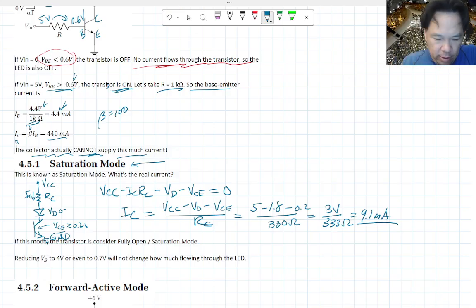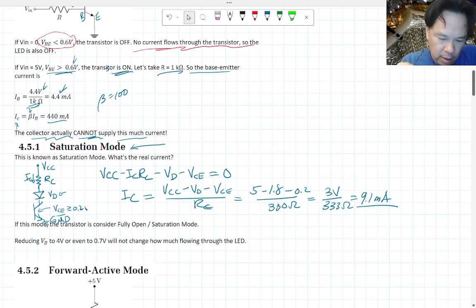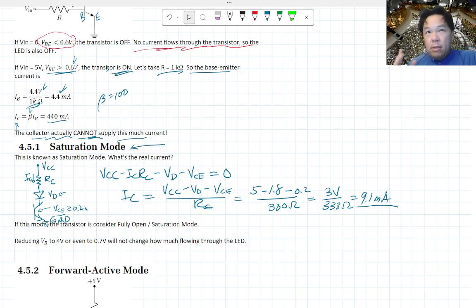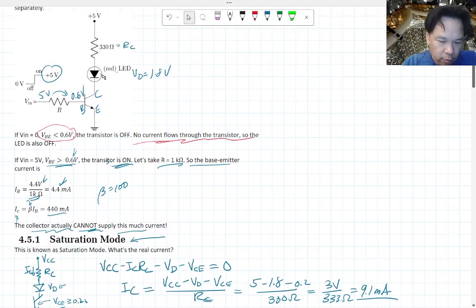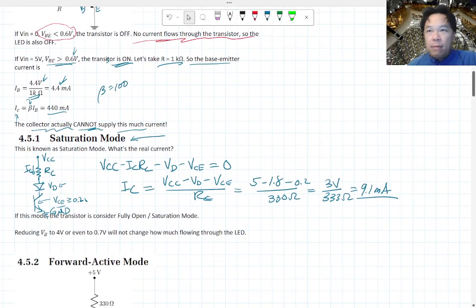Okay. So in this case, even though the beta is 100, we're actually not amplifying the current by a factor of 100. In fact, what was the base current? 4.4 milliamp. We're actually amplifying it by just a factor of 2, which is fine. So the beta does not have to get used up, right? That's the maximum amplification that the